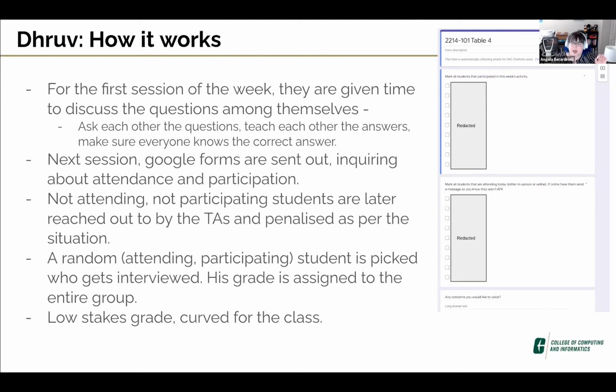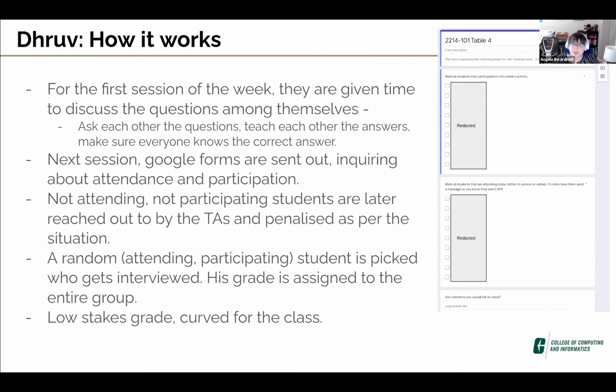And after this, in the second session, the instructor, Dhruv, will choose a random student who was part of this consensus building process. So the whole team should be on board with whatever their understanding of the topic is, since they all came up together with their answers.